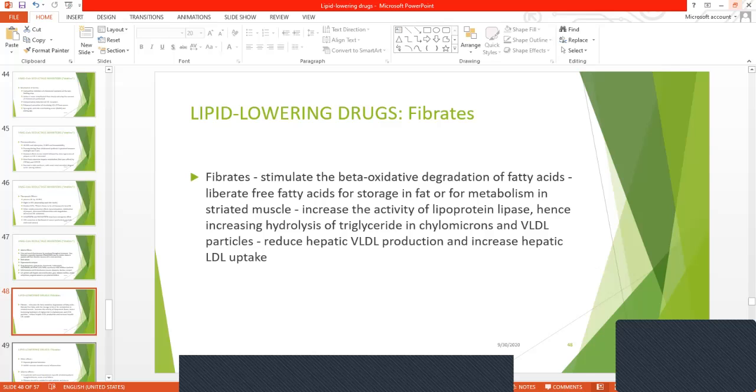They transcriptionally upregulate LPL and ApoA1 and ApoA2 and downregulate ApoC2, which is an inhibitor of lipolysis. A major effect is an increase in oxidation of fatty acids in liver and striated muscle. They increase lipolysis of lipoprotein triglyceride via LPL. Intracellular lipolysis in adipose tissue is decreased. Levels of VLDL decrease in part as a result of decreased secretion by the liver.